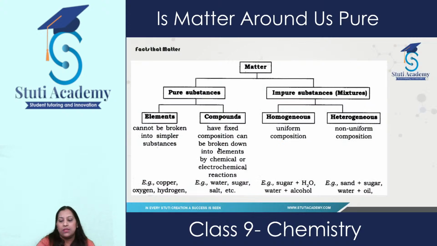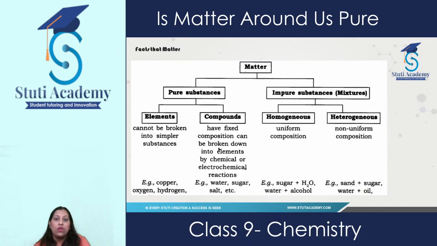Now students, in the previous chapter, we have studied about matter and its classification, how we classify matter physically on the basis of its physical properties as solids, liquids, and gases. And how do they exist in nature? What kind of arrangement of particles they have? Apart from that, we have already studied the effect of temperature and pressure on these states of matter. So now in this chapter, we'll study how we classify matter on the basis of its chemical composition.